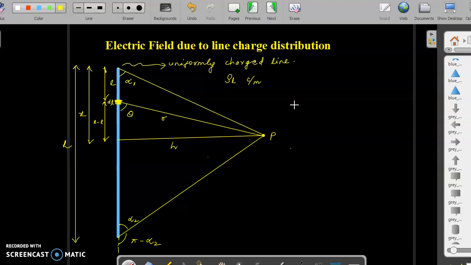So with the earlier knowledge that we discussed in the previous class about the line charge distribution, volume charge distribution, and surface charge distribution, we are going to use that expression to find the electric field intensity due to a small segment in a uniformly charged line. Here we can see a blue line, where the charges are uniformly distributed. The length of the line segment is L,